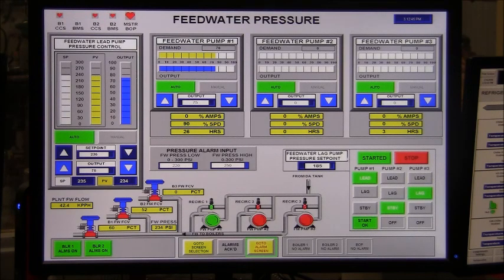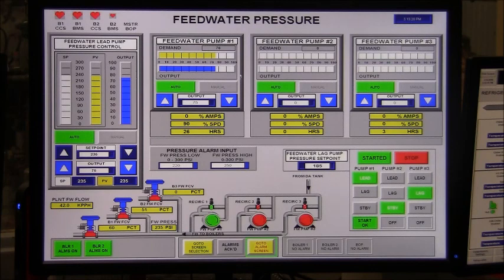This system also includes a feed water pump lead lag control scheme. And the functions of that are in the lower right hand corner. There's a start-stop button for the sequence controller. You see it started. Pump 1 is selected for lead, and so the number 1 feed water pump is in operation automatically from the lead lag, and its speed is being controlled by the feed water pump pressure controller through,